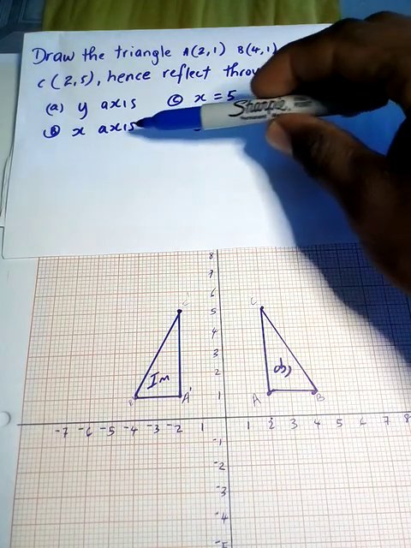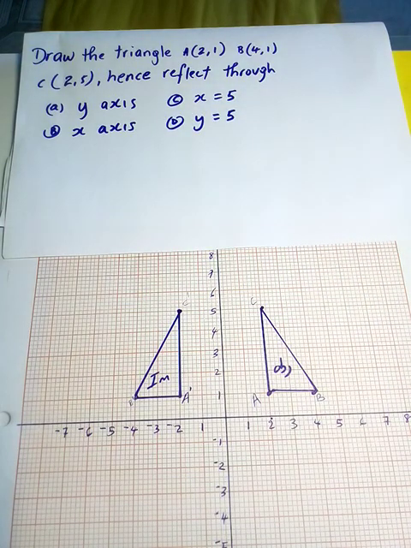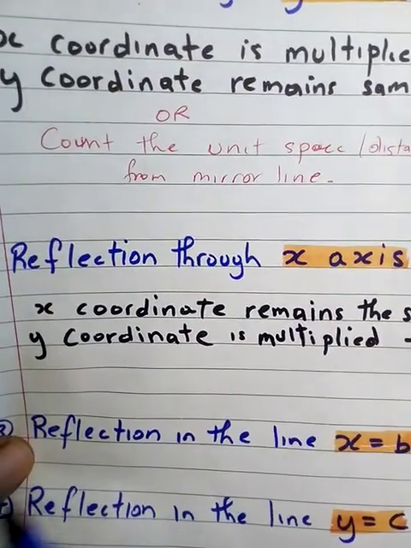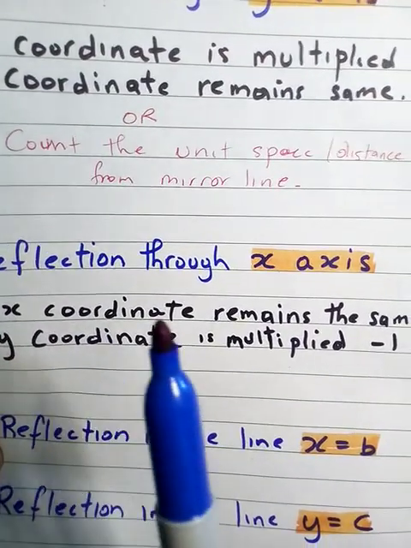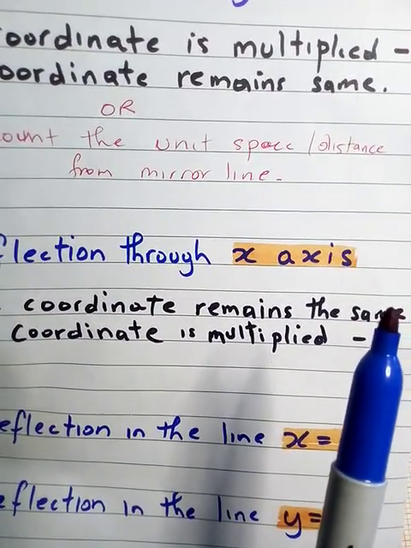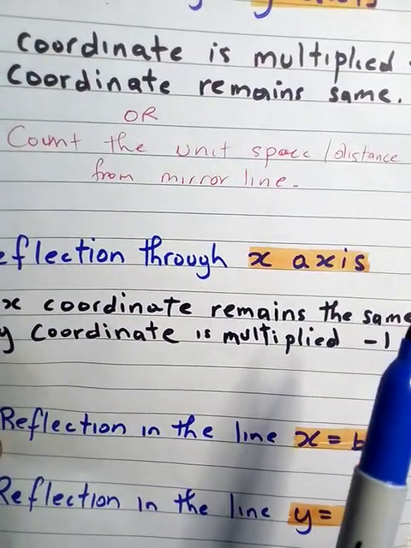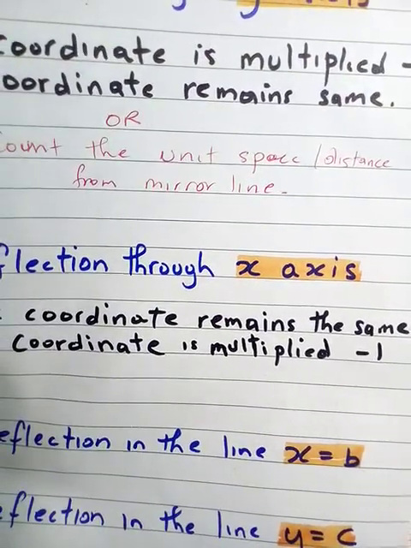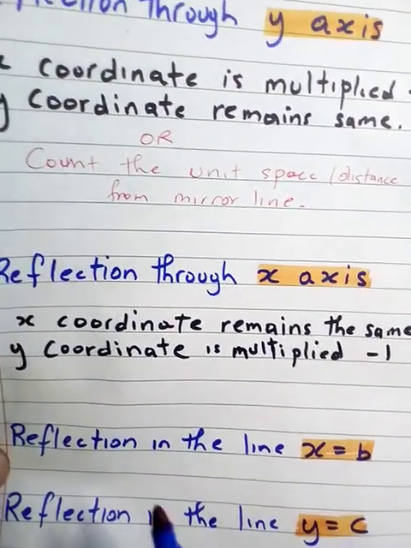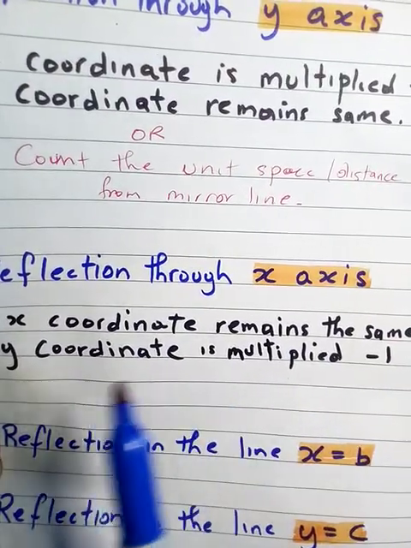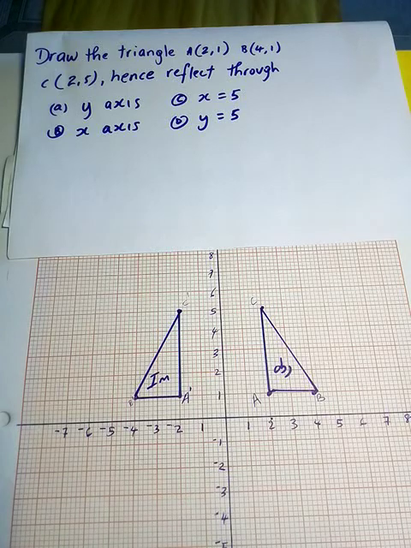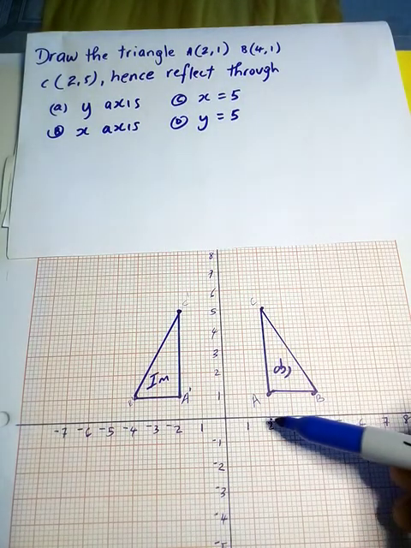Now B said we're going to reflect it through the x-axis. So the rule that might be in your text, again, let's reiterate the rule. The x coordinate remains the same. So if you want to get the image point, you leave the x coordinate and multiply the y coordinate by -1, the opposite of flipping it through the y-axis. So this is one rule to get the points for the image. However, I'm going to show you another alternative method also. So again, using unit space,